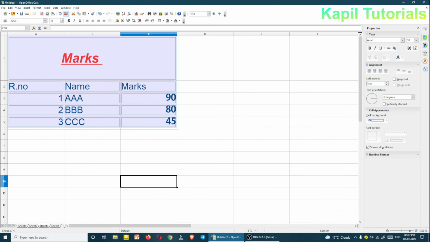So I hope the concept is very clear to you, the basic formatting concepts in OpenOffice Calc, because these things are very important. Moreover, I have told you that this software is nearly the same as MS Excel, but the main advantage is that it's totally free. So you can do all the work you were doing in MS Excel here also. And as I have told, it's totally free, so no license is needed for this software. So with these basic concepts, I am closing my tutorial here.